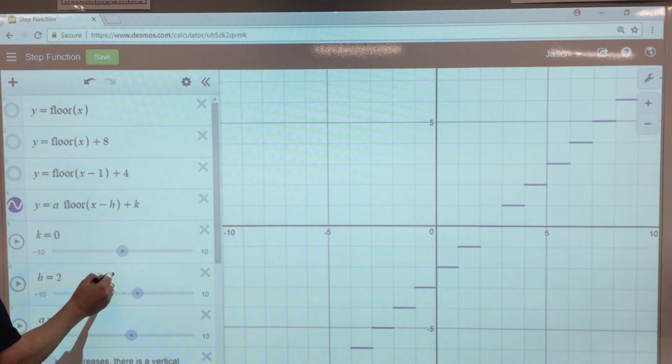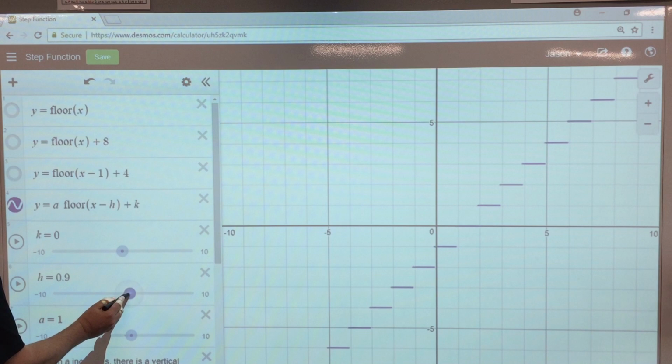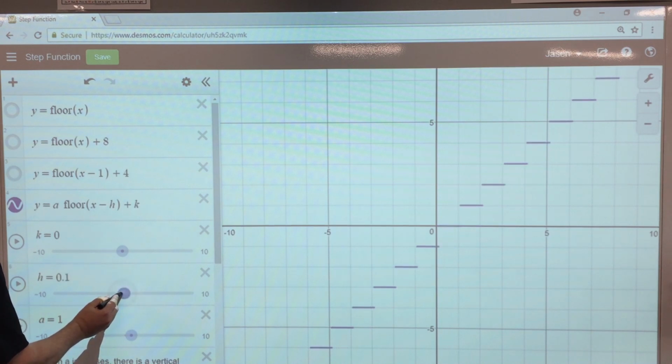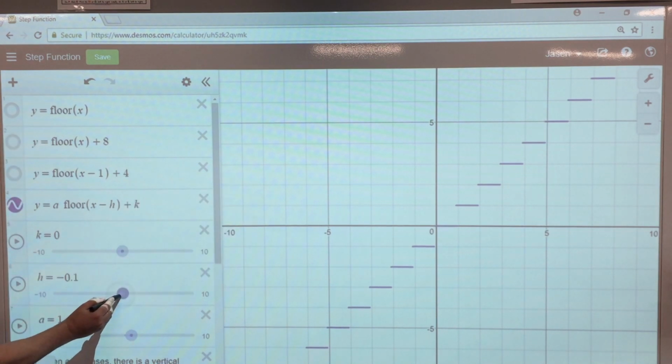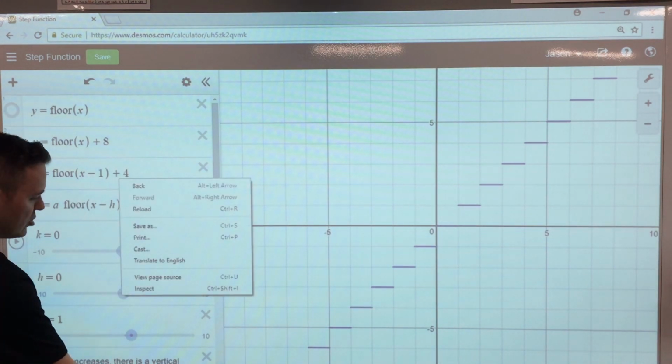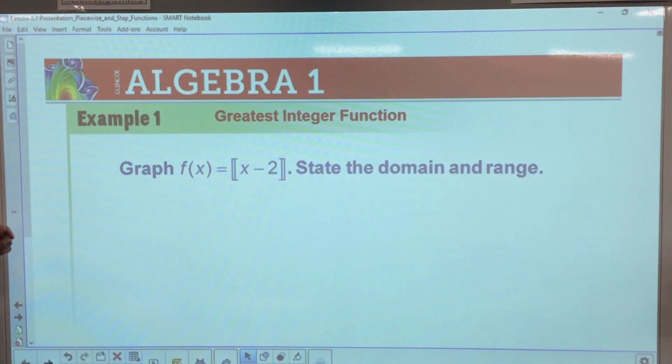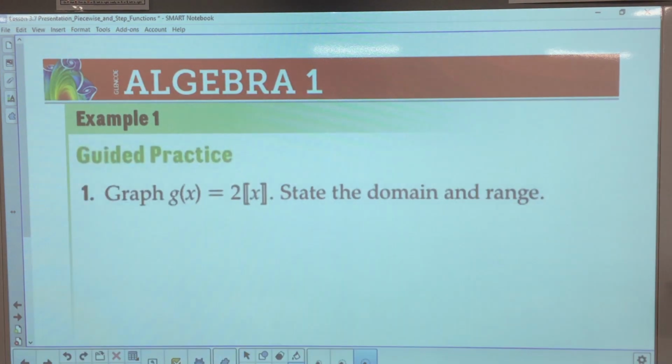The next example here. Let me change this back. If you guys look at your notes, right here, the next one basically says,